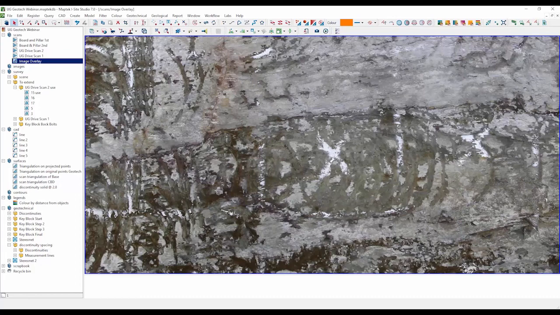Okay, and the final question we have here is, can you colour the scan with a heat map of the discontinuity shown in the key block failure window that you had on the StereoNet? Yeah, absolutely. So, for example,